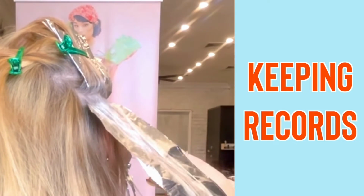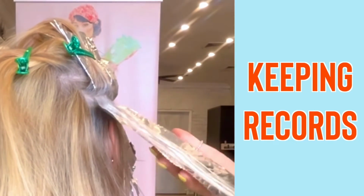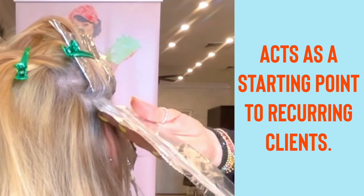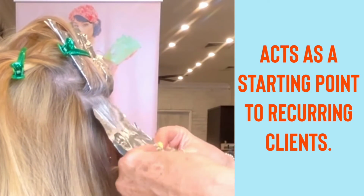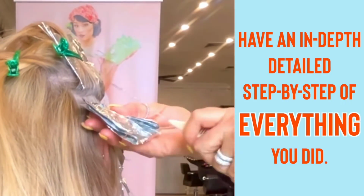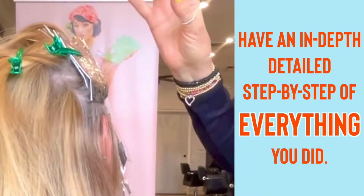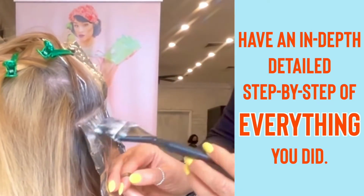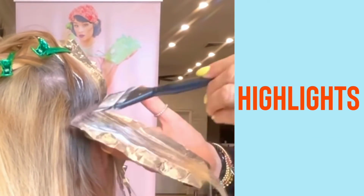You need to keep records on every single color you do, so you have a starting point. If they want it lighter next time or if they want it darker, you know exactly what you need to do. My suggestion is having an in-depth, detailed record of every step that I used as far as highlight,